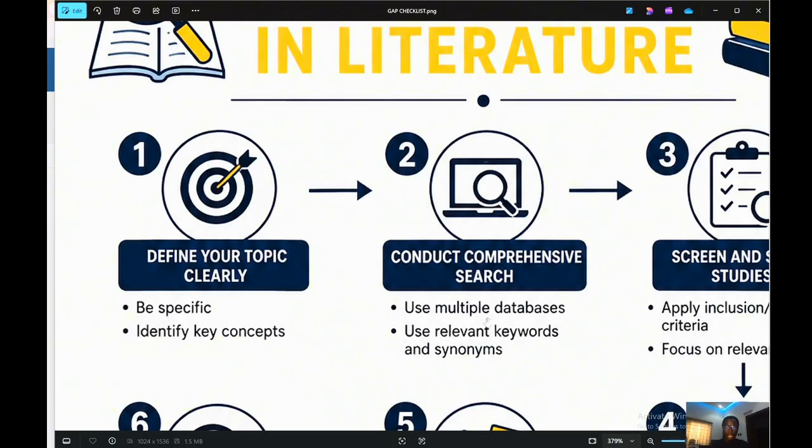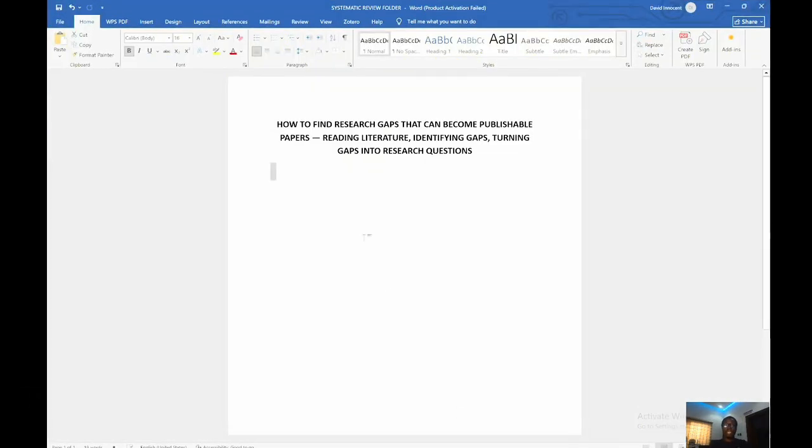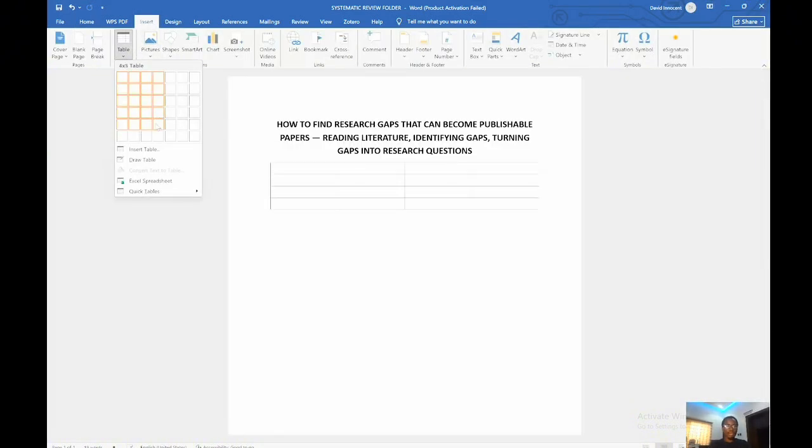Okay, and then you need to actually find some of the relevant keywords and synonyms whenever you're building your search. I do have a full video on that, but of course, like I did promise, I'm also going to do that. Now, also, if you find here, you see that I've got a sheet where I can just move around the table,